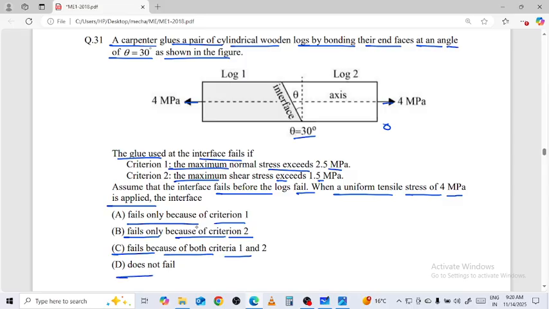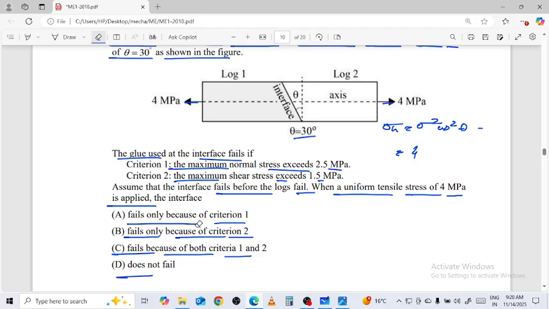So अगर मैं सिग्मा एन देखता हूँ तो विच इज सिग्मा स्क्वायर कोस ऑफ स्क्वायर थीटा होता है। 4, 2 का स्क्वायर मतलब 4, सिग्मा नॉट स्क्वायर, सिग्मा कॉस स्क्वायर थीटा ओनली का होता ना, कॉस 30 का स्क्वायर विच इज स्क्वायर रूट ऑफ 3/2 3/4 3 मेगा पास्कल whose value is greater than 2.5, तो 1 तो नहीं फॉलो अप करता है।